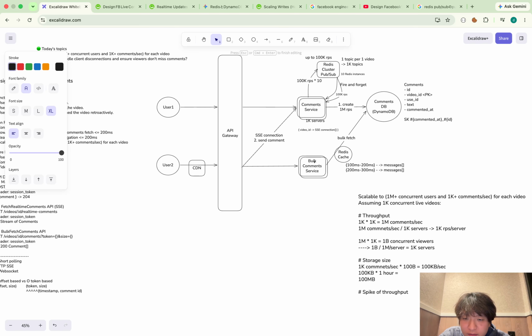In that case, or I should say, because each DynamoDB partition can store 10 gigabytes of data, I calculate the number of seconds, or I should say the maximum time, where the messages can be stored.